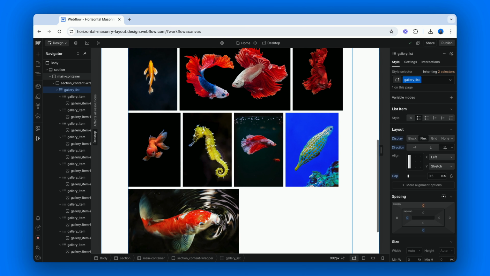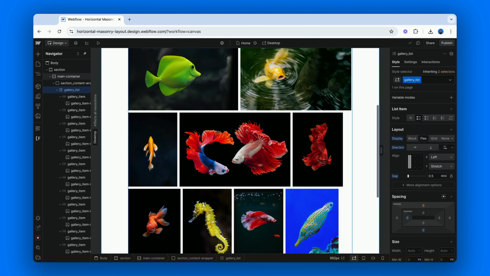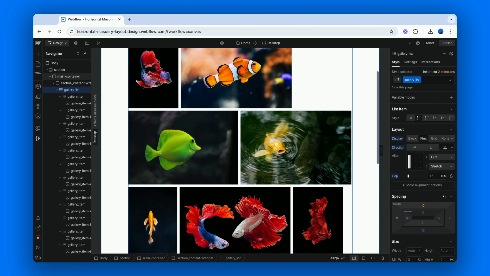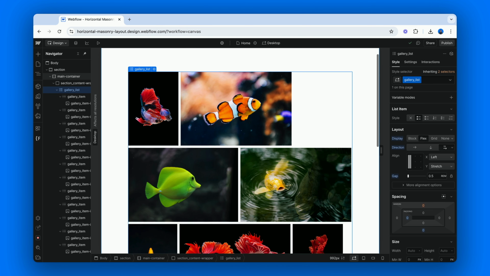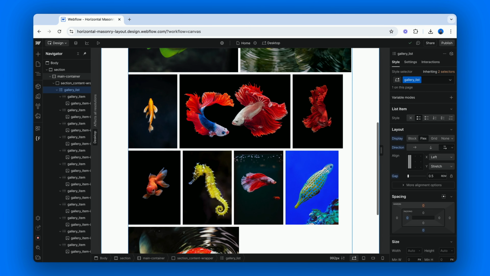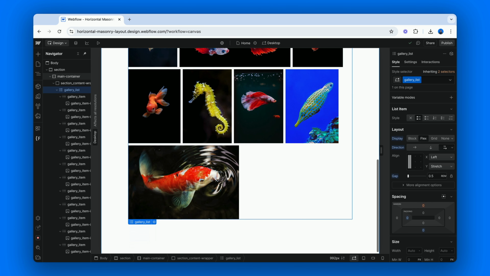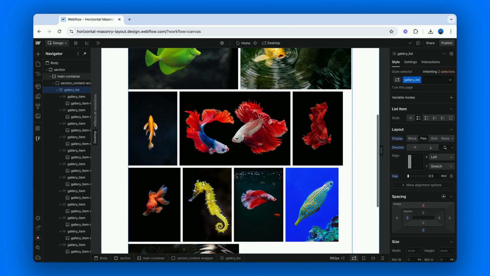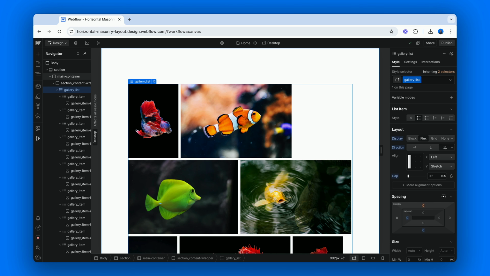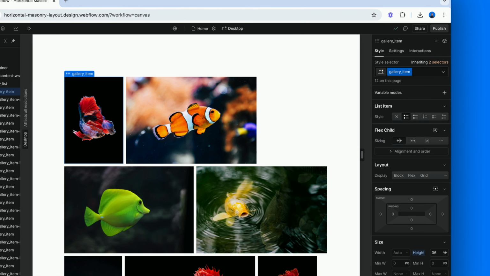Why? Because now the width of each gallery item is entirely determined by the aspect ratio of the image inside, which is also what determines when the items inside the list, our Flexbox container, should wrap to the next line. So there's one more step to do. We have to tell the gallery items to expand within the parent Flexbox container to fill up the entire space available within each row. To do that, we have to select the gallery item element and, in the Style panel,